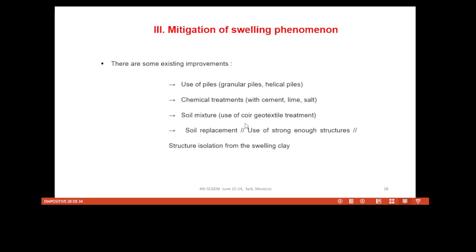And the soil mixture is also used, or core geotextile treatment, or even the replacement of the soil and the use of a strong inner structure or the structure isolation from the swelling clay. So we have different methods of mitigation to avoid the swelling phenomena and